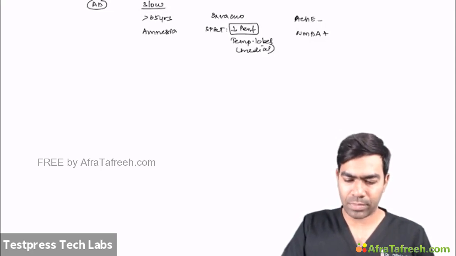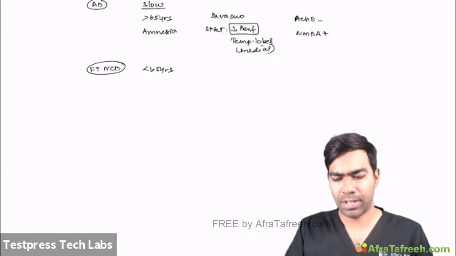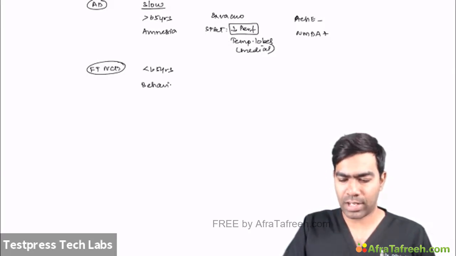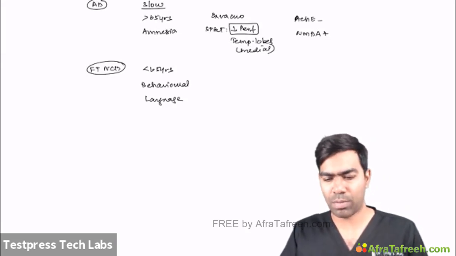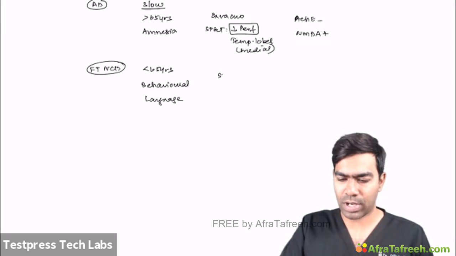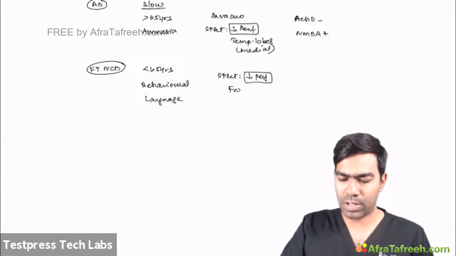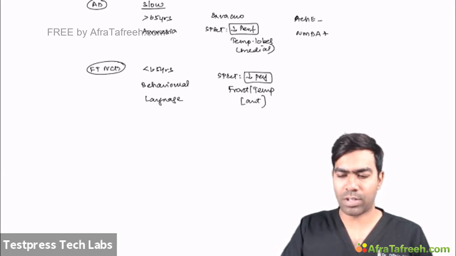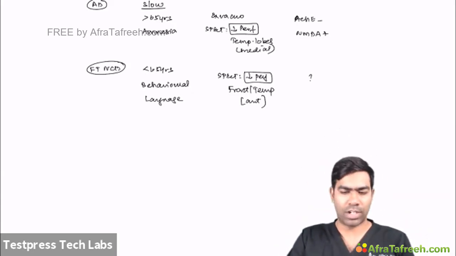As far as frontotemporal neurocognitive disorder is concerned, the patient is going to be less than 65 years, relatively young in exam, and predominantly behavioral issues like antisocial behavior and all this stuff, and they'll have language problems. But memory is not a very important problem here. In this setting, investigation wise, you can do SPECT, where you can see decreased perfusion, but this time it's in the frontal lobe and the temporal lobes, and typically in the anterior temporal lobe, not in the medial temporal lobe. And treatment, we don't know. Same treatment you can try, but it doesn't work generally.